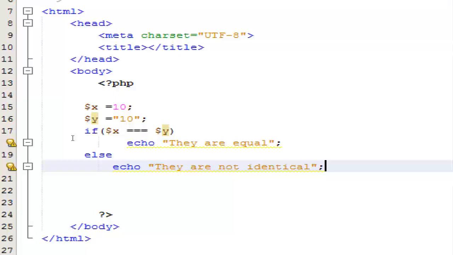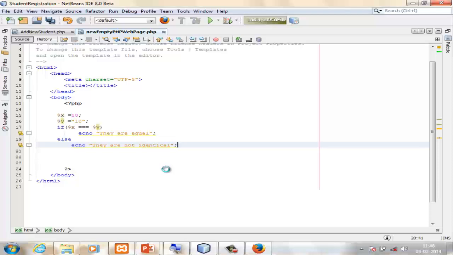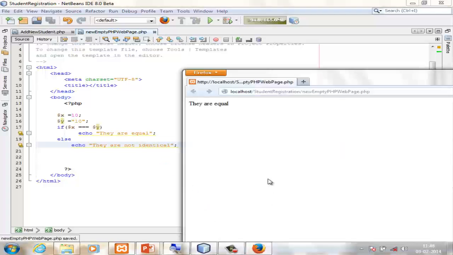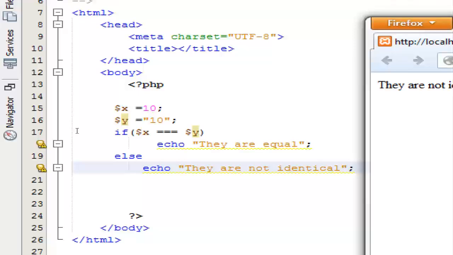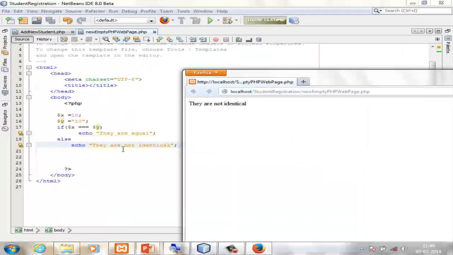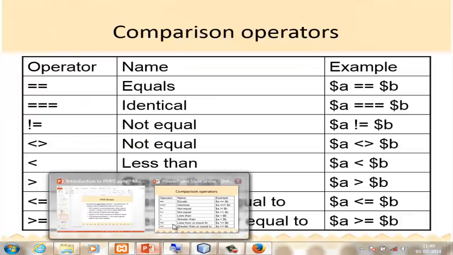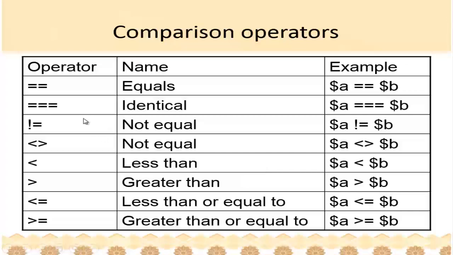So that is triple equal, and that's what you're going to get if you try to run it, and your answer is a very expected one. The triple equal is for that. So that is something different in PHP, which is not there in the other programming languages. And identical to this, you have one more, that is